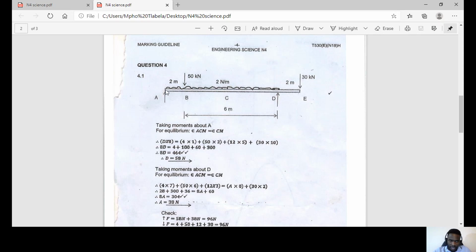Right, then we check A is pointing up. As you can see, it's going to go this way, this way. Is it clockwise or anti-clockwise? You can see that it is anti-clockwise. Right, that's why we've got